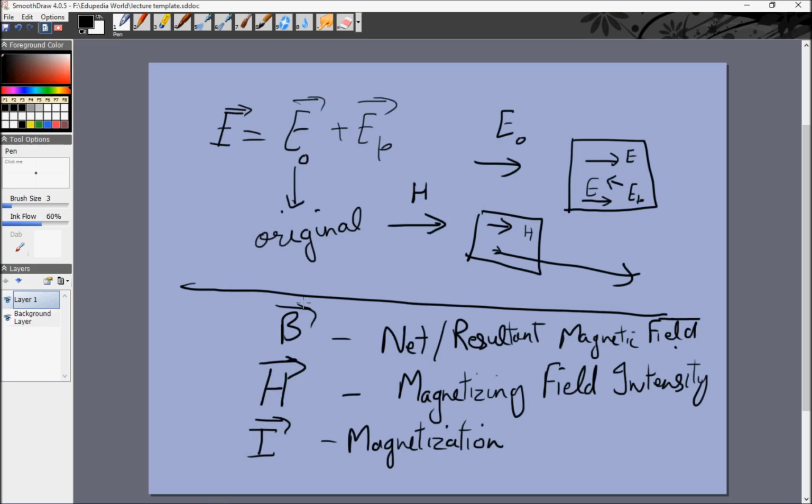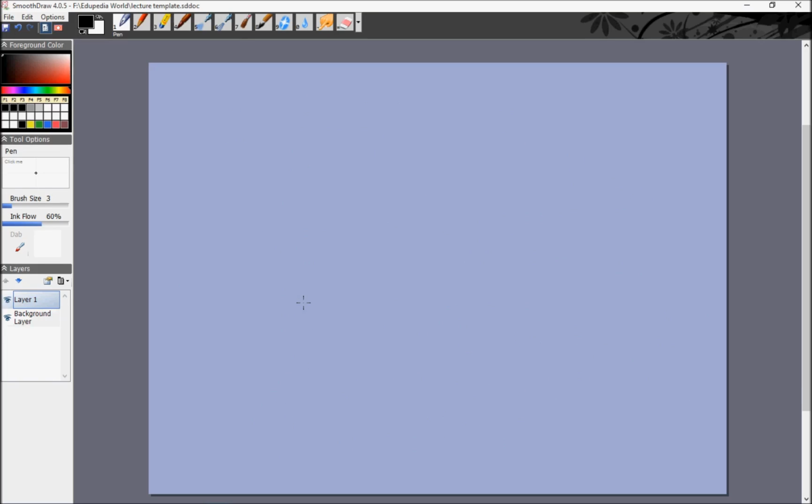But there's one small catch here, and again, I'm not able to tell you why we do this, but the only answer is it makes equations much simpler when we deal with advanced electromagnetism. So instead of the equation being B is equal to H plus I, which is what it would be if it was the analog of E is equal to E naught plus EP,